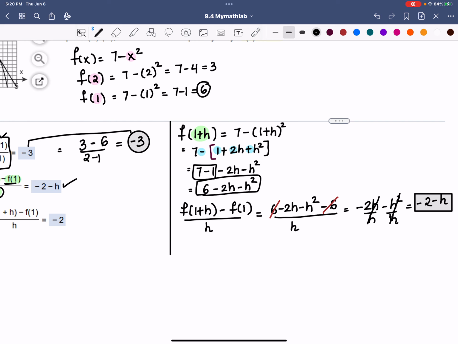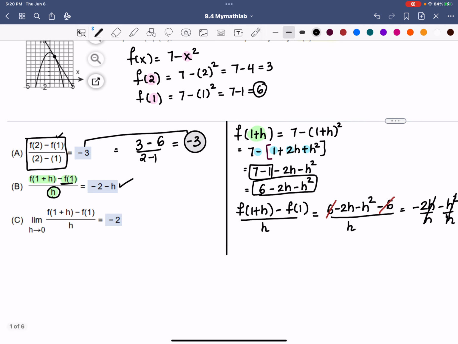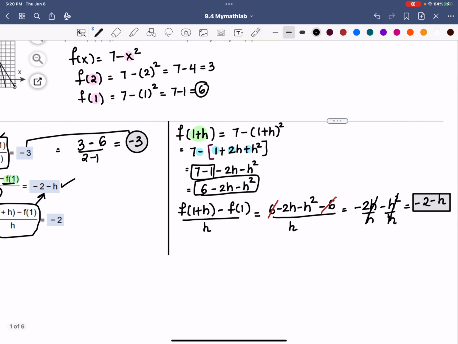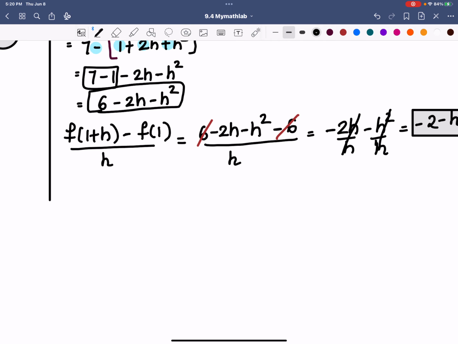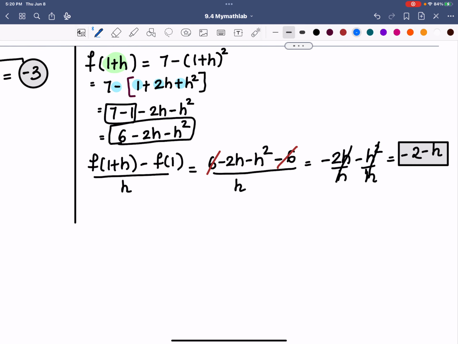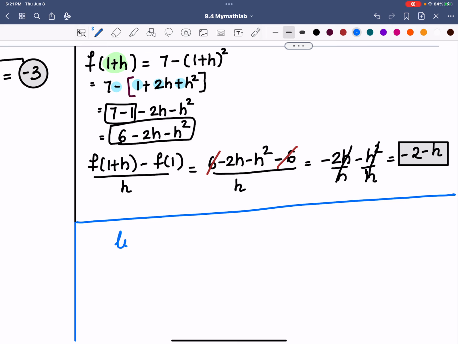There you go. And the third one is to go ahead and plug in your limit. H goes to 0. So we did all of this. We got this. And I'm simply plugging in my limit. So what I'm going to do is expand this one. I'm going to use a different color, draw a straight line, and then I'm going to say limit h goes to 0,